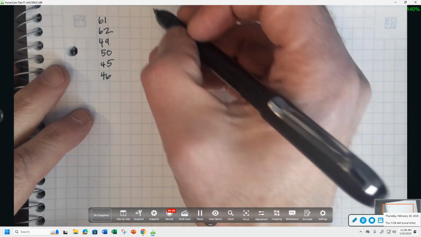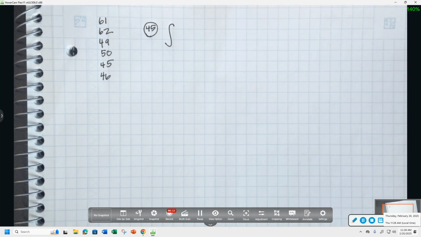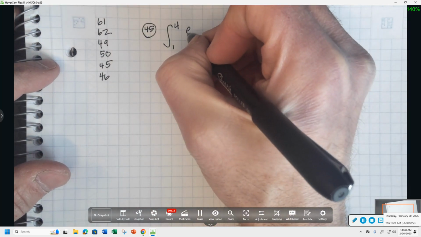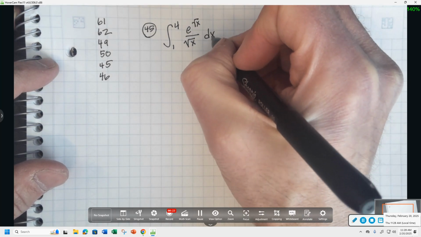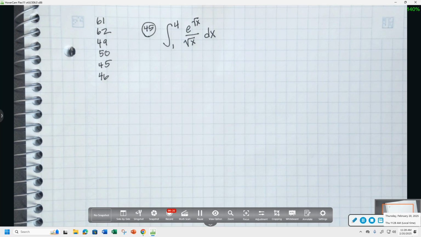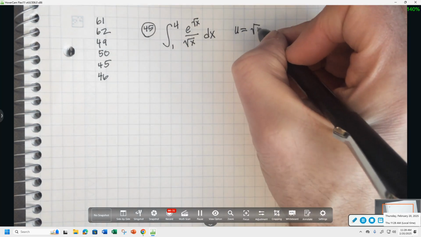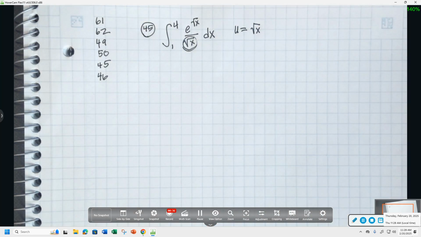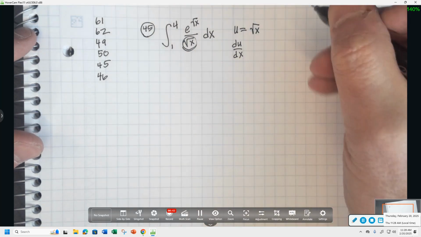45, we've got this one, right? We've got the integral from 1 to 4 of e to the square root of x over the square root of x dx. We saw one kind of similar to this yesterday, where we want u to equal the square root of x, but we're going to leave this one down here in the denominator as a sacrifice. We're not going to substitute for u there. When we take the derivative over here, we get